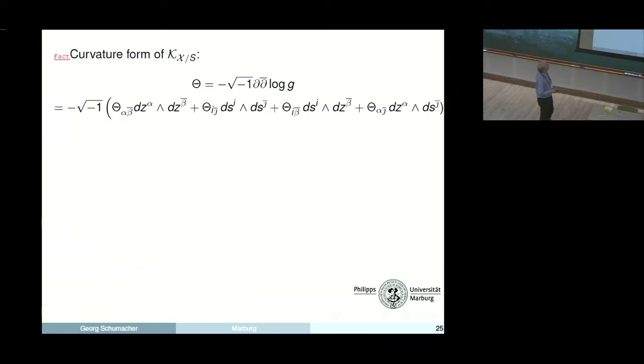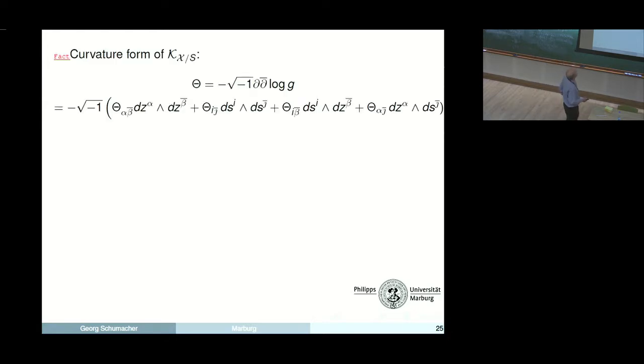So, okay, let me look at the curvature form. We are in the general case. Theta is the curvature form of the induced metric on the relative canonical bundle, and please disregard this minus sign. There was previously none, and here there should be one, because it's the curvature of G to the minus 1. All right, so we already know that there is no component here, and the question is about this one and